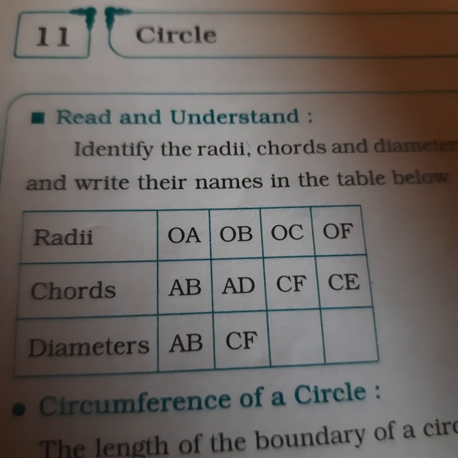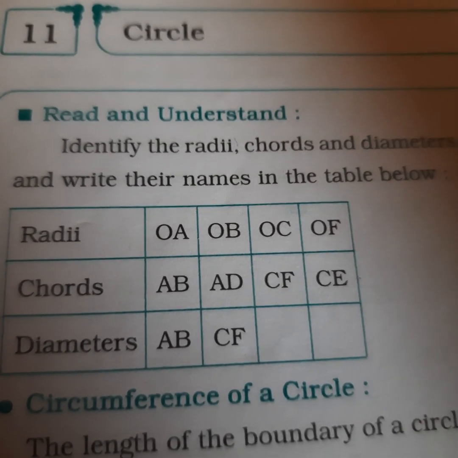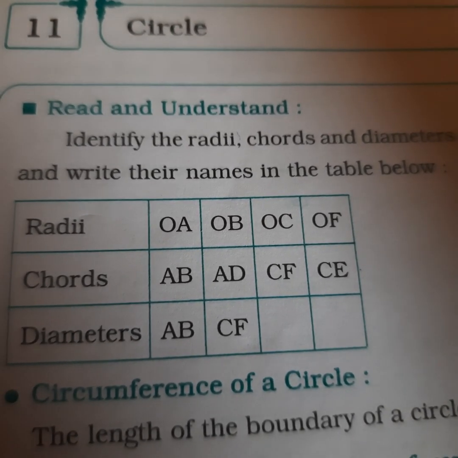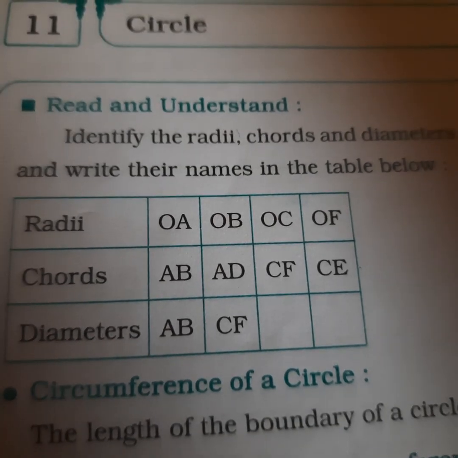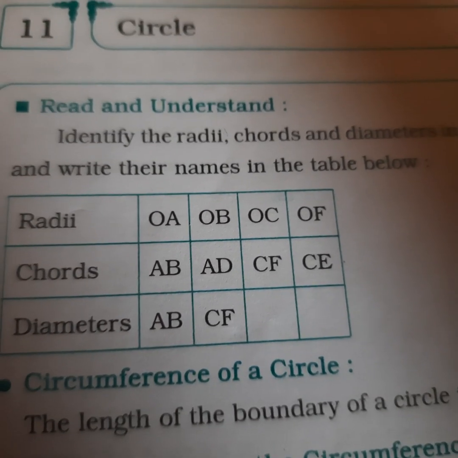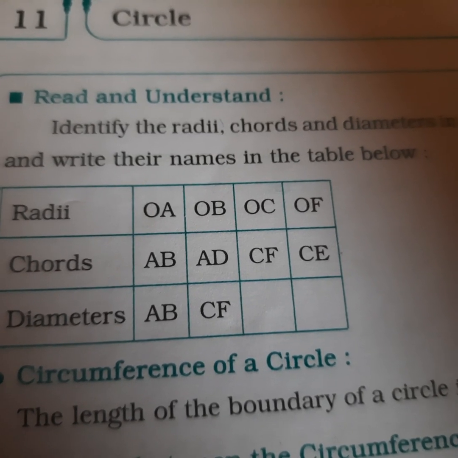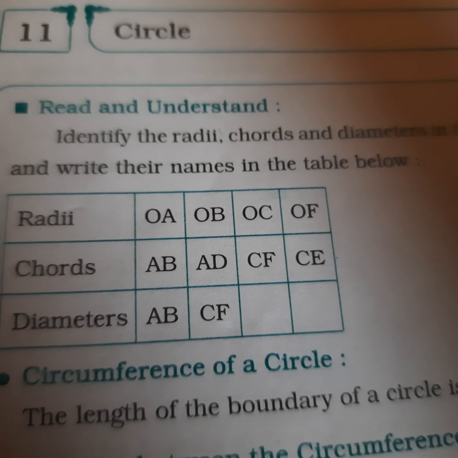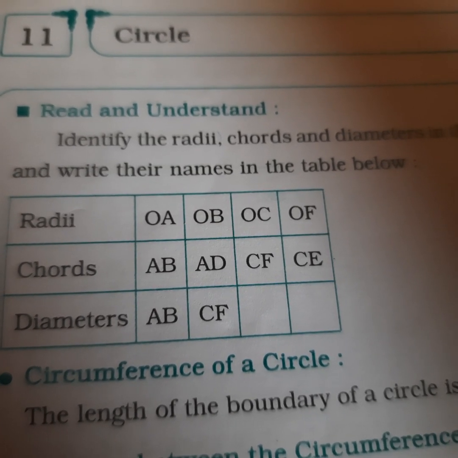So now we will continue with the fourth sum which was left incomplete. I'll repeat the whole sum so that you understand better. Also we will understand what is arc of a circle, major arc, minor arc, all. You have to watch this video and copy it down in your math notebook.